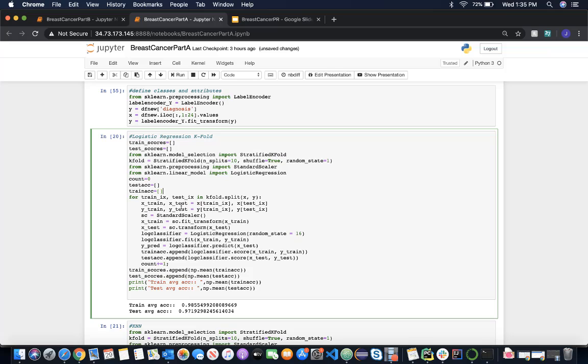Here I've implemented the k-fold cross-validation, stratified k-fold cross-validation, to ensure that each set of iteration has an equal number of classes of benign and malignant. So we divide the data set here into training and test data set. Then we apply the 6 models that we discussed. First is the logistic regression,